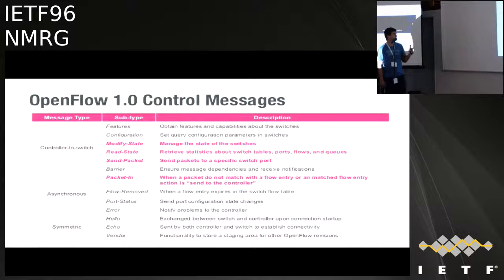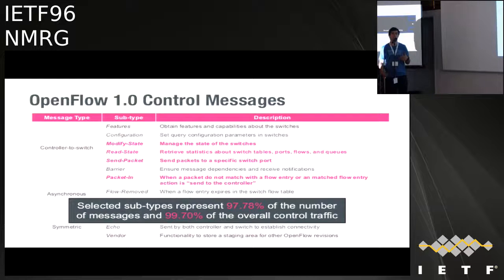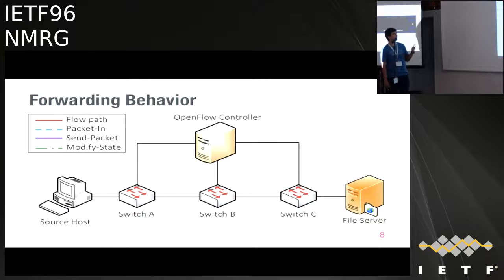We only studied these four subtypes because they represent more than 97% of the message exchanges between controller and forwarding device, and more than 99% of the overall control traffic, because we use the forwarding behavior without changing its implementation. And this is a simple example of forwarding behavior and rule installation between a source host and a file